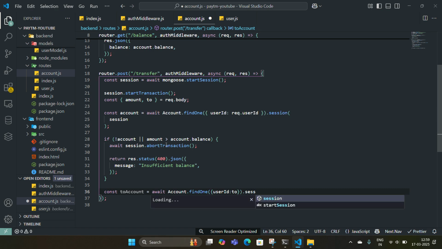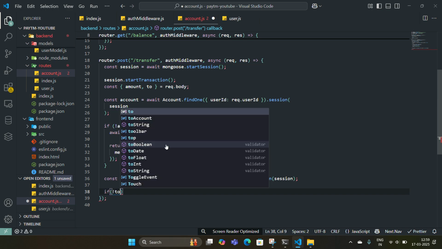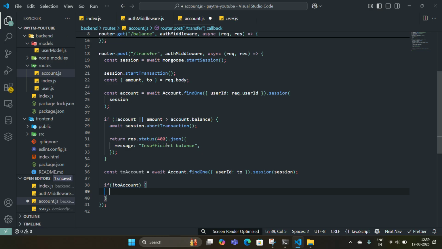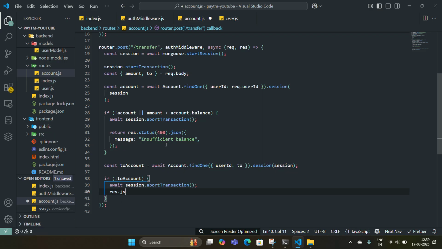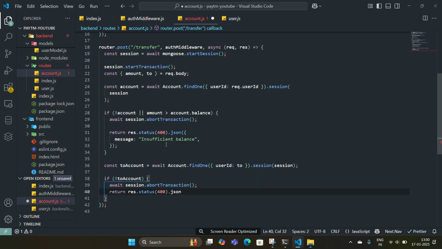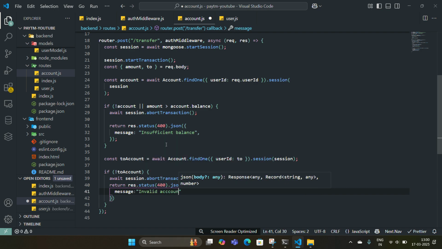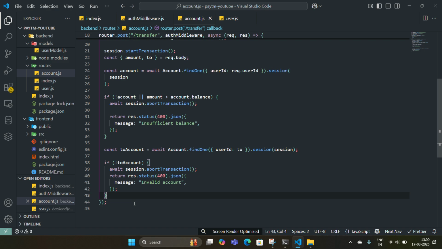session. Now if, अगर ये भी exist नहीं करता, like if there is no toAccount, then await session.abortTransaction and send that guy a message, रुको let's do, return res.status of 400 json, what's the message here, invalid account. Nice. I think we are done with the